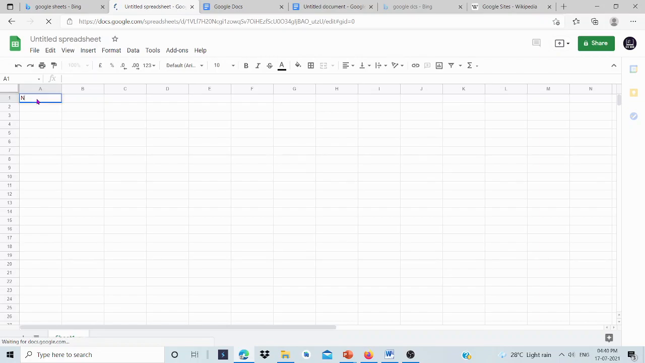So, I'm going to type name and press the tab button to move to the next column, and their mobile number, then parents, father's name, then occupation, address. Enough. Next,